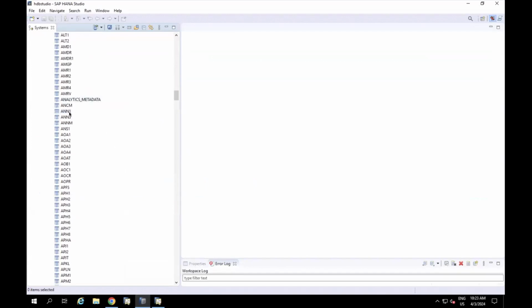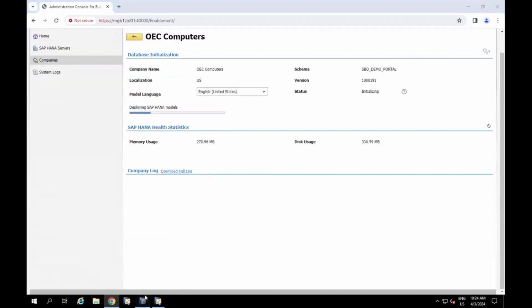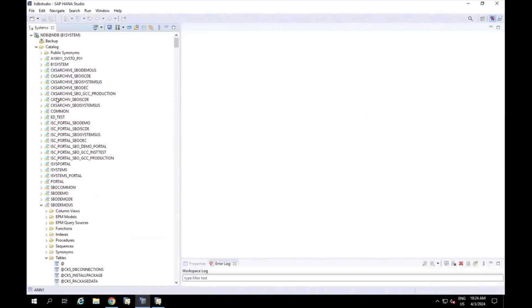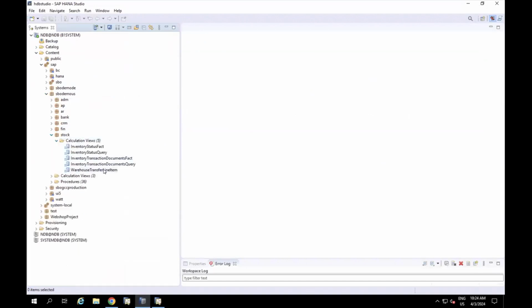where do we have those? Like this one here, is loaded into the memory. And also the HANA models, which are behind this one, are loaded into the memory. So if we collapse this one and go in here, you see different models which are being loaded into the memory. And those